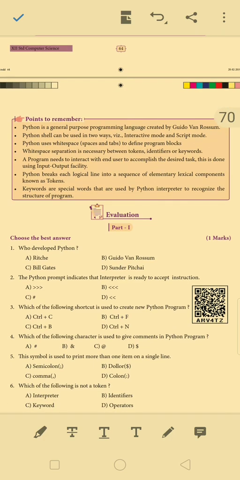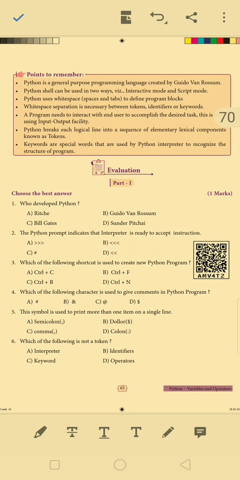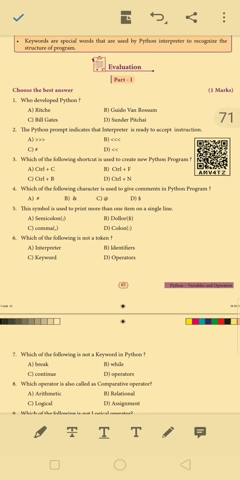And the final one, we are going to move to points to remember. From the points to remember part, we are expecting 1 mark questions. Just read it. Next one is to mark the book back 1 mark answers.